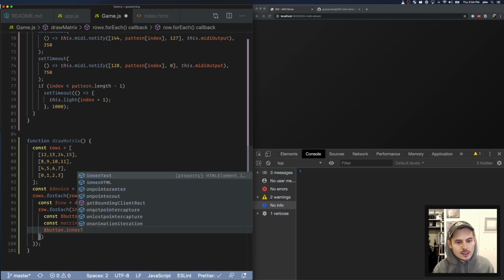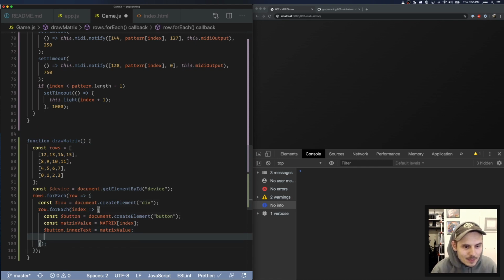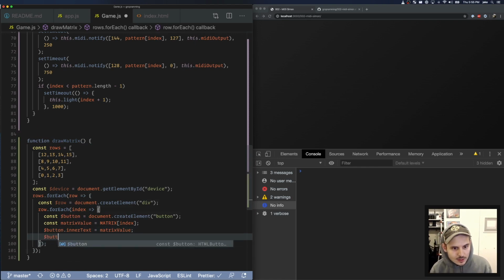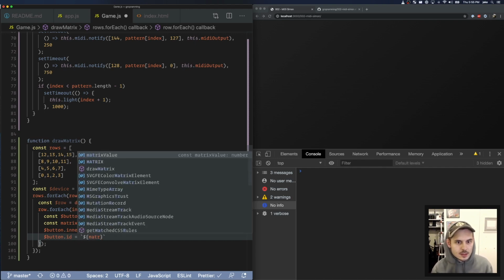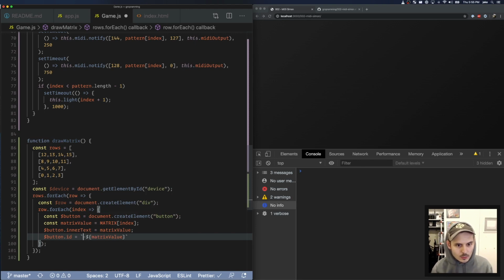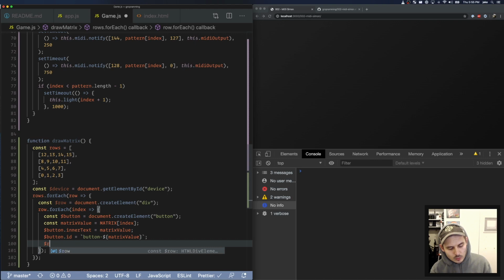Button.inner text equals matrix value. This is ridiculous. And then we need an ID. Button.id equals matrix value, and we can't start with a number, so let's just do button dash whatever. Then we are going to row dot append child button,